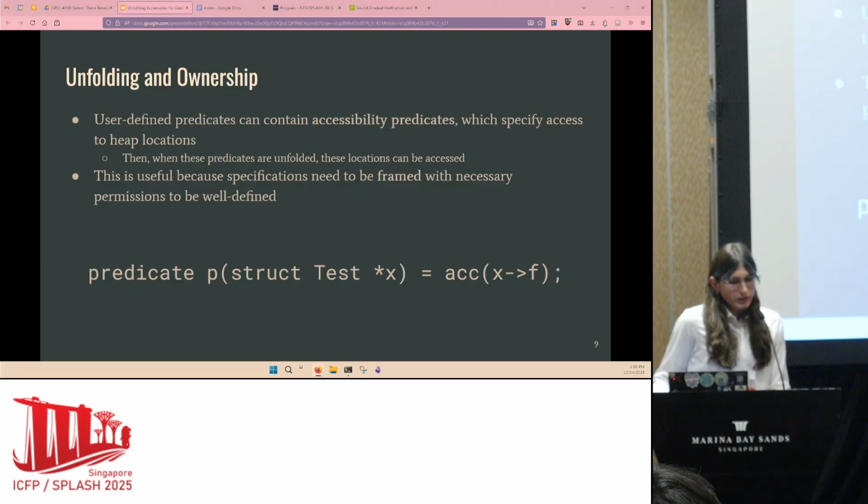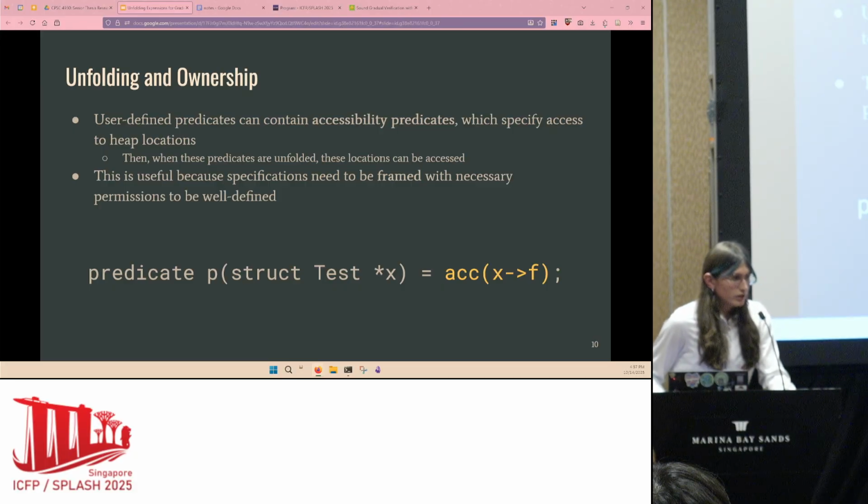This is useful because when we write specifications, we need to make sure that they contain all the necessary permissions to be well defined so that we can execute them, like Dr. Aldrich said. In this example, we have an accessibility predicate here, but to access it from outside of the predicate, we need to first unfold the predicate.